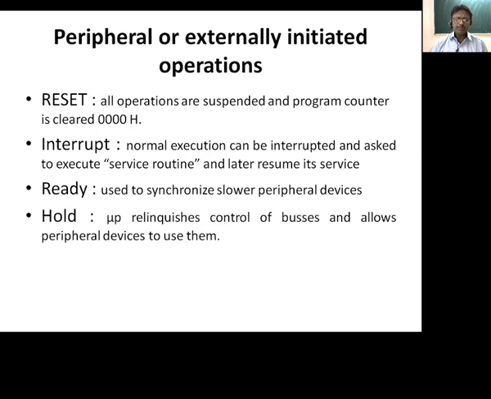And there may be many purposes of using the interrupt. One of the purposes is to transfer the data from the slower peripheral devices to the microprocessor. You know that the processor is a semiconductor device, and all the peripheral devices are not semiconductor devices, but they are electromechanical devices. So there is a mismatch in the speed. Suppose an input device is ready with the data and the processor is doing its service, but the input device wants to give the data to the microprocessor.